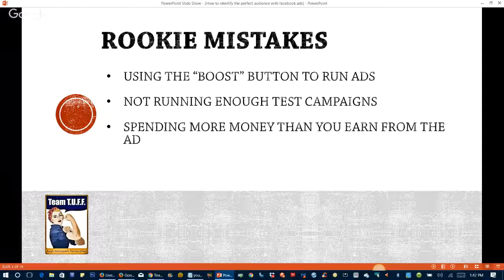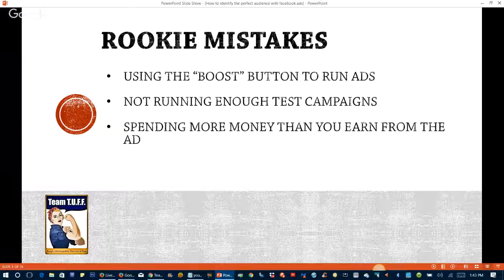All right, another rookie mistake is spending more money than you earn from the ad. And that was a prime example of what I just gave you. I spent a few hundred dollars, but then I ended up only getting one lead, and they didn't even buy anything. So I didn't make any income off of that ad. So whenever you run ads, especially when you're testing, it's kind of like gambling. I hate to compare, but initially that's really what you're doing. When you're testing things, you're using money that you don't mind if it's gone. You have to kind of consider that money already gone, and you're using it to test things out to find your perfect ad campaign, your perfect target market.